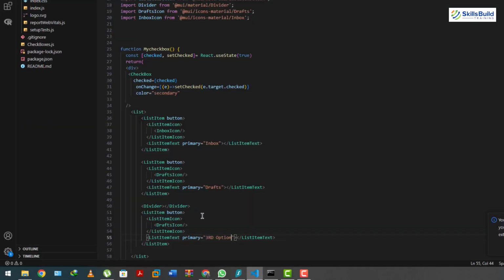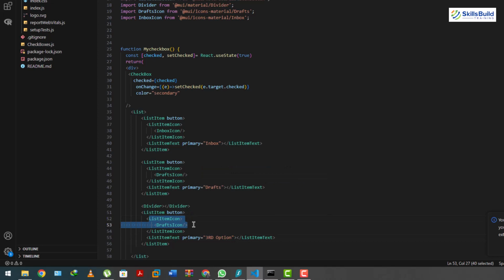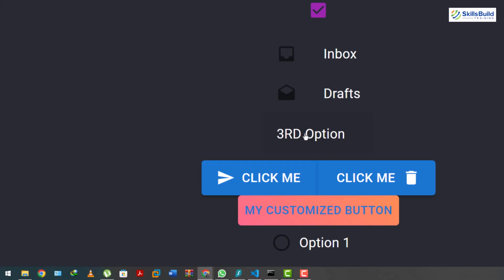What we can do here, we can change everything from here. We can remove list item icon, which is drafts icon in here. I'll just remove this one. I'll remove list item icon, and we only need list item text, which will be third option. If I just save this, let's go back, and now you see we have a list item without icon. It means we can use list items only with the text as well. So that was all about the list items, and that was all about some of the main components of Material